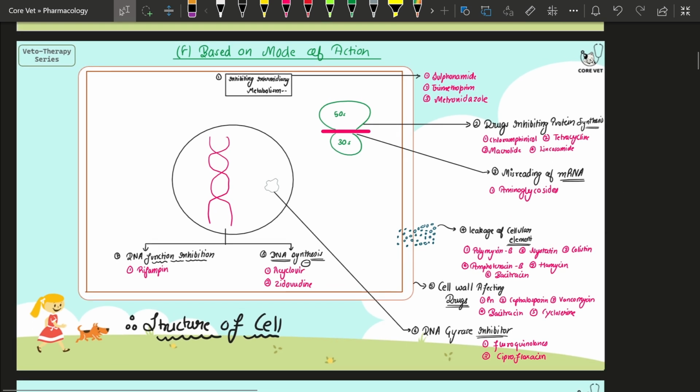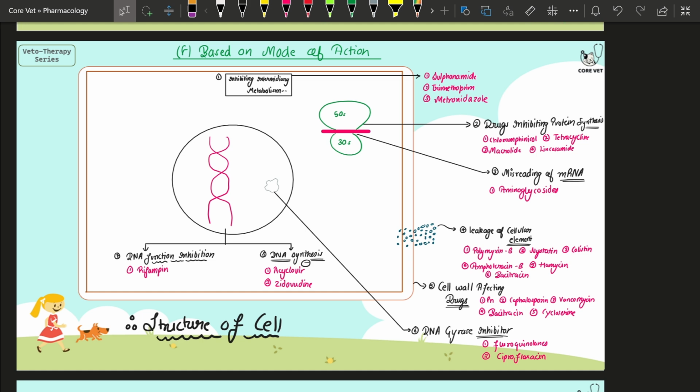Why I'm saying this is because you're going to learn about the mode of action here, not in depth, but as an overview of what the mode of action of a particular drug is. Every drug isn't going to affect the microbe by the same metabolic action. They aren't going to affect the bacteria or the viruses by the same mode of action. There are several modes of action through which a drug acts on a microbe to have an inhibitory effect on that particular microbe